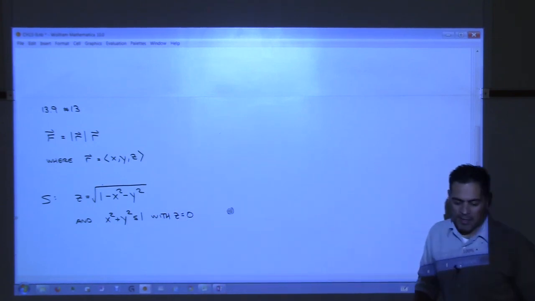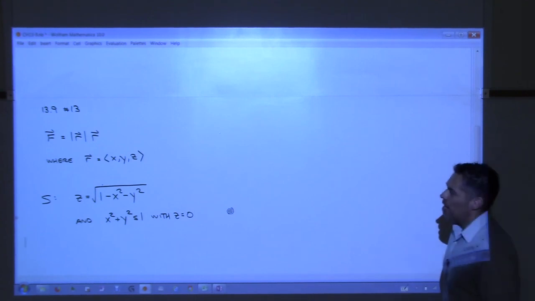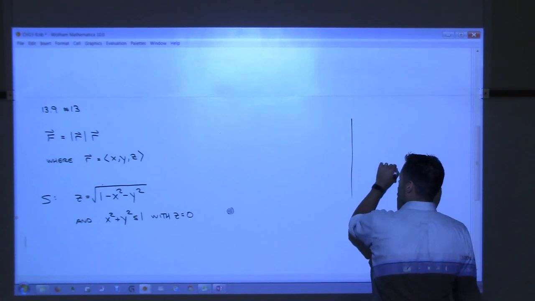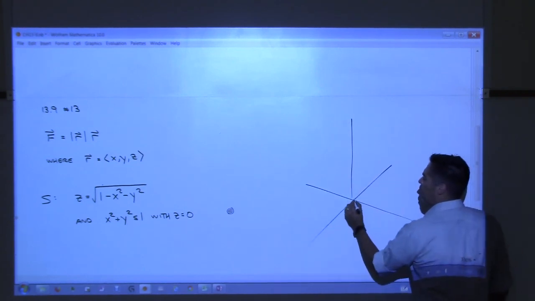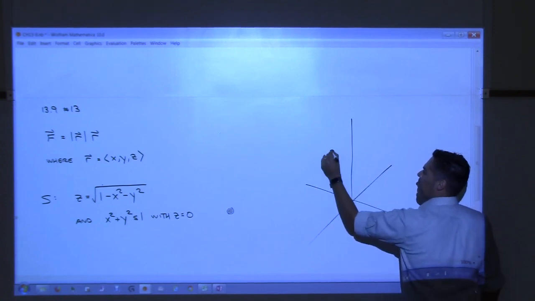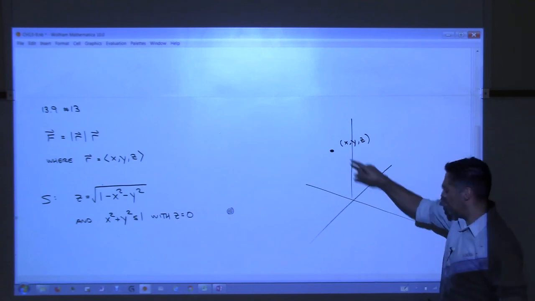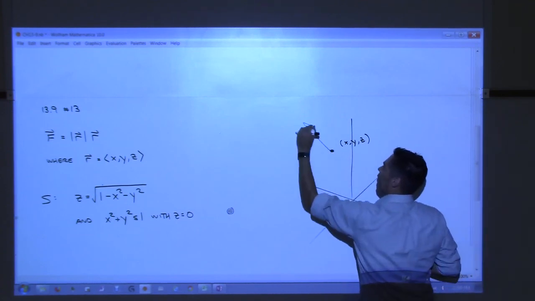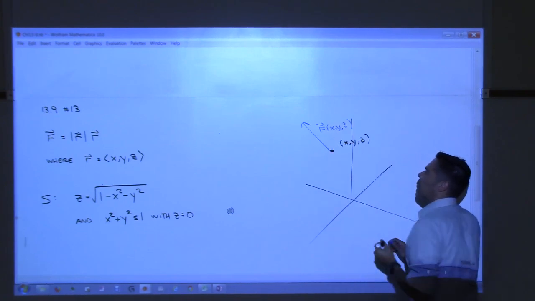All right, we'll get to the surface in a second. Let's talk about that vector field, because that vector field is something different than what we've seen before. It just looks different. All it's saying is that you've got three-dimensional space here, and if you go out to a point x, y, z, and you want to know what the vector field is at that point, the vector that's emanating out of this, the vector field at that point x, y, z, then what you're